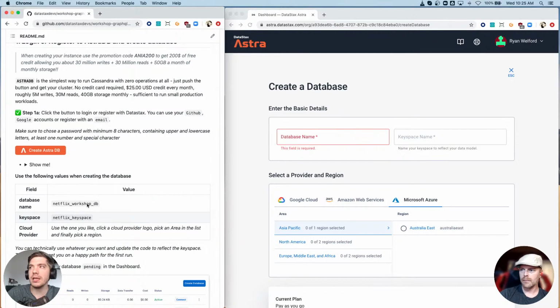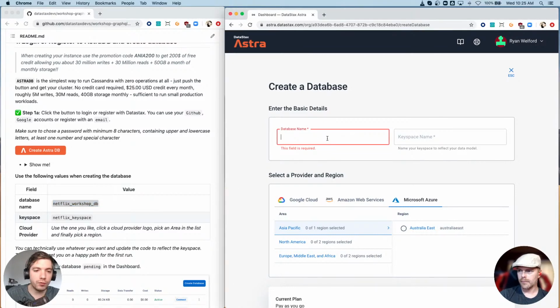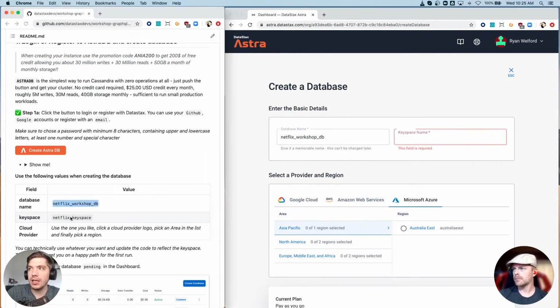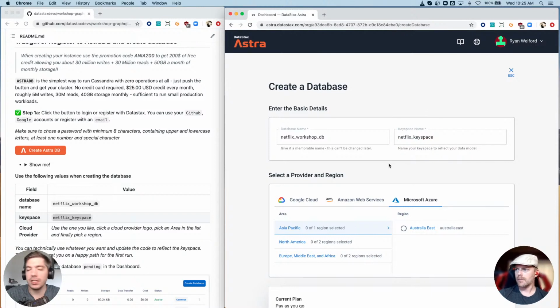We're going to use the database name Netflix_workshop_DB. You can technically use whatever you'd like, but we prefer if you use these so that if there is any troubleshooting that we have to do, we're reducing as many variables as possible. And then the keyspace name is going to be Netflix_keyspace. A lot of people usually ask, what is a keyspace? If you know relational databases like MySQL or Postgres, a keyspace is like a schema. It's basically just a collection of tables. So we're just naming it